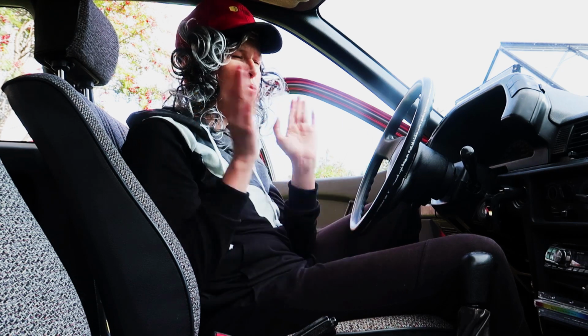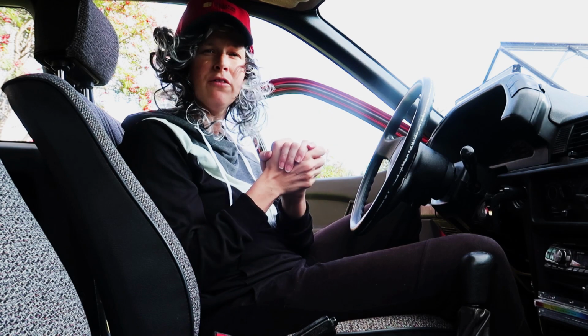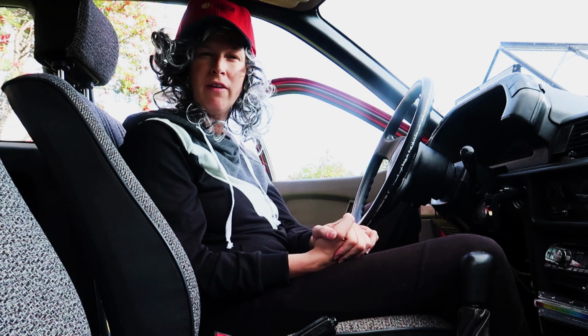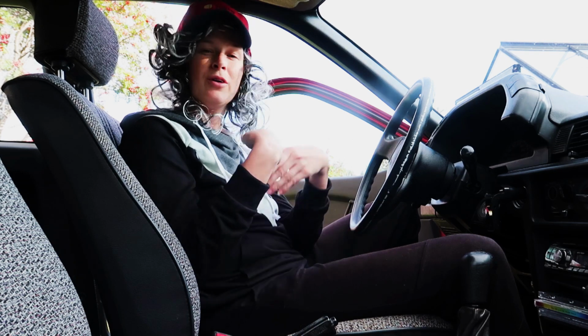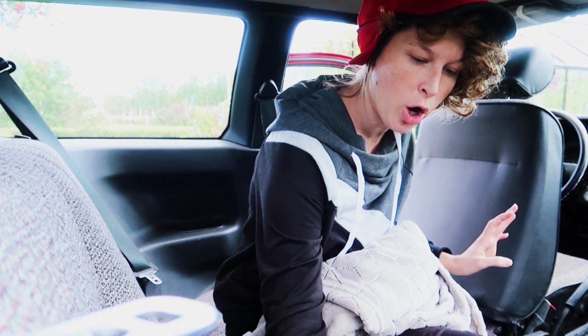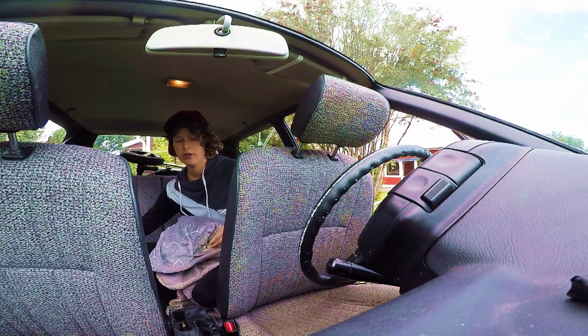So we're gonna just go to Petra, and she's going to do the interior design of the seats and stuff. And after that, I think we're gonna go to the decorating part of everything. So go Petra. So now we're in the back of the car,